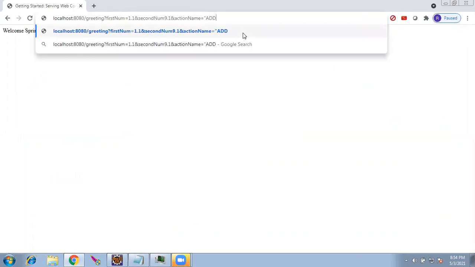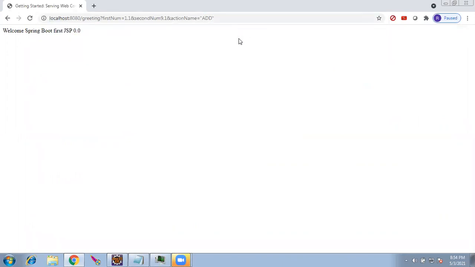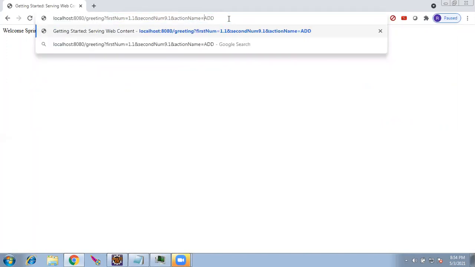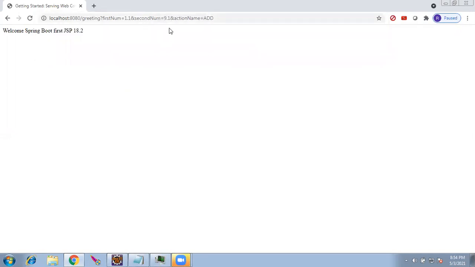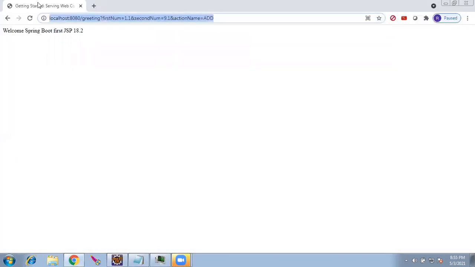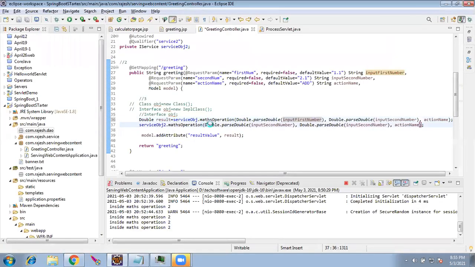I don't need to give a string here. And the second num equal to, I missed that equal to. Okay, so 9.1 plus 9.1 because 2 times I'm passing the second number itself. Here I have to pass the first number followed by second number. I'll copy this and save.